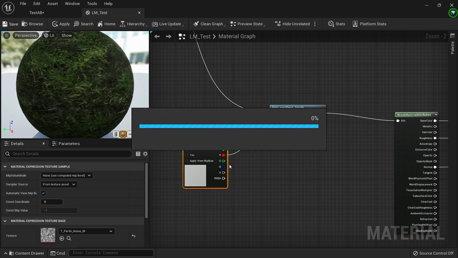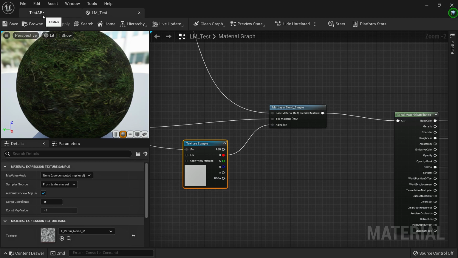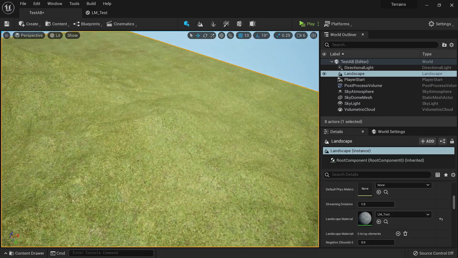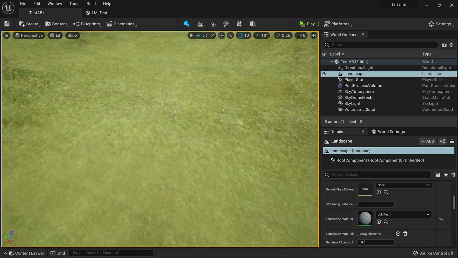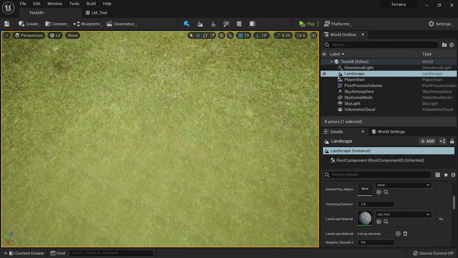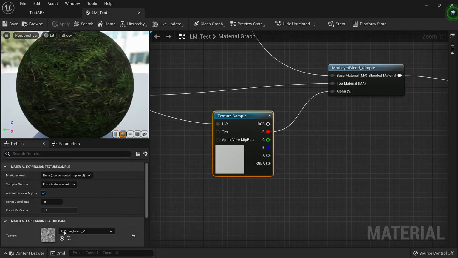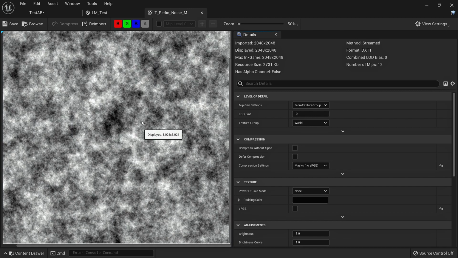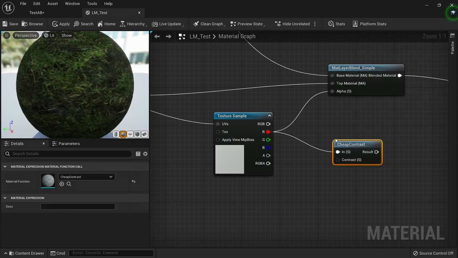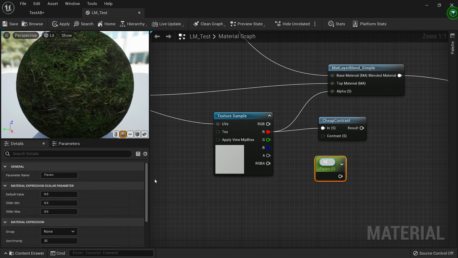and save it. So by default, if you remember, the landscape coordinate will put this Perlin as a single texture on all of our terrain. Now if we take a look at this, and these two materials are blending, it's actually really hard to tell. So if you see in the Perlin right here, the difference between the white and the dark is not much. So we'll add a contrast and use a scalar parameter. Let's call it MatBlend contrast. Let's change the default value to 0.1.